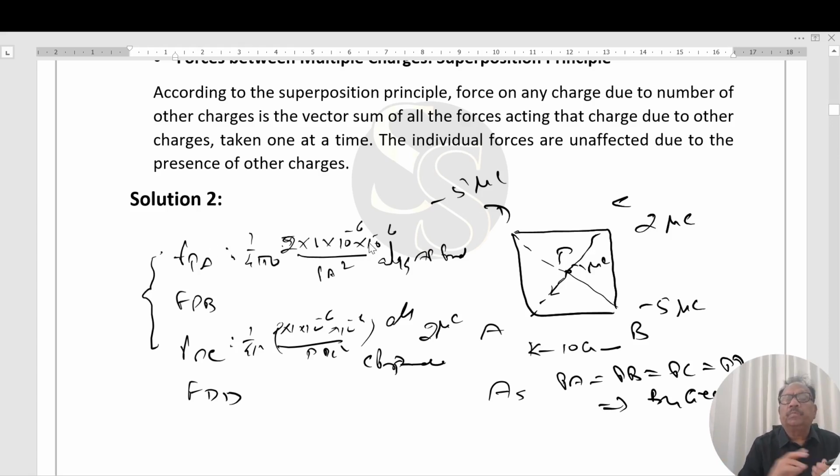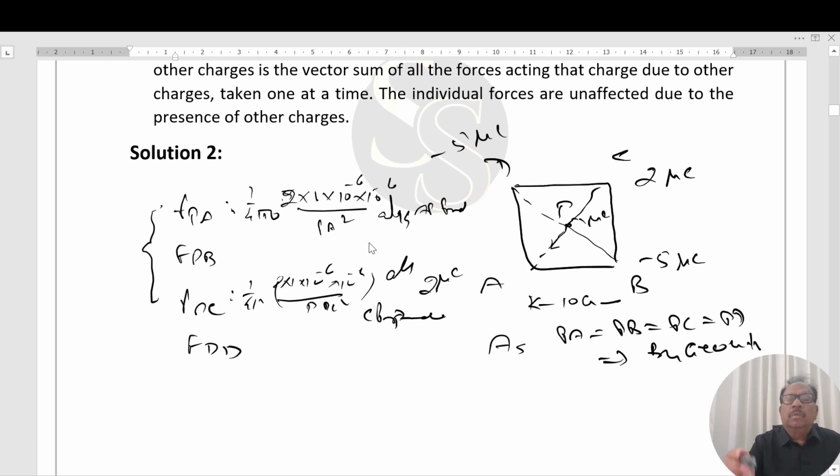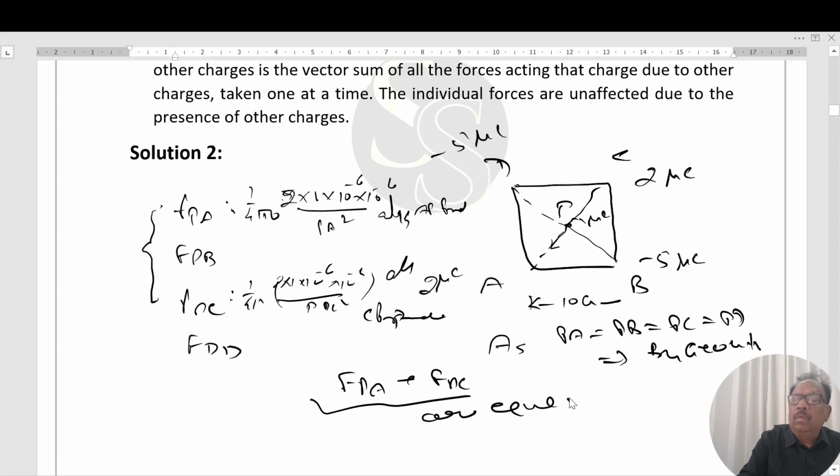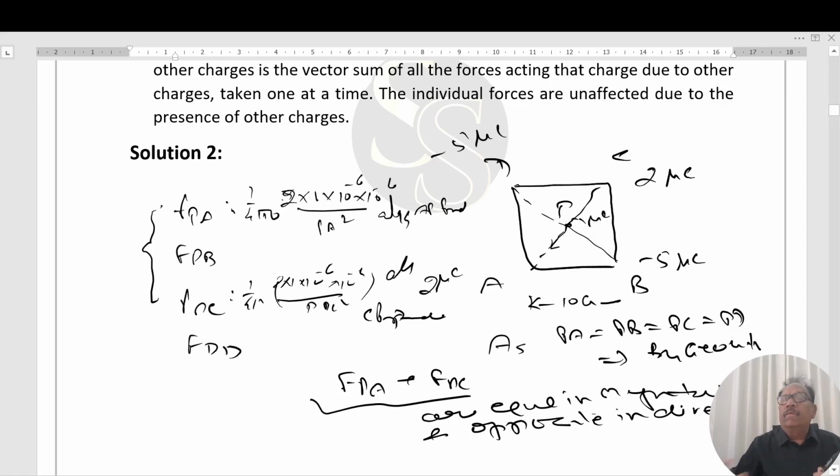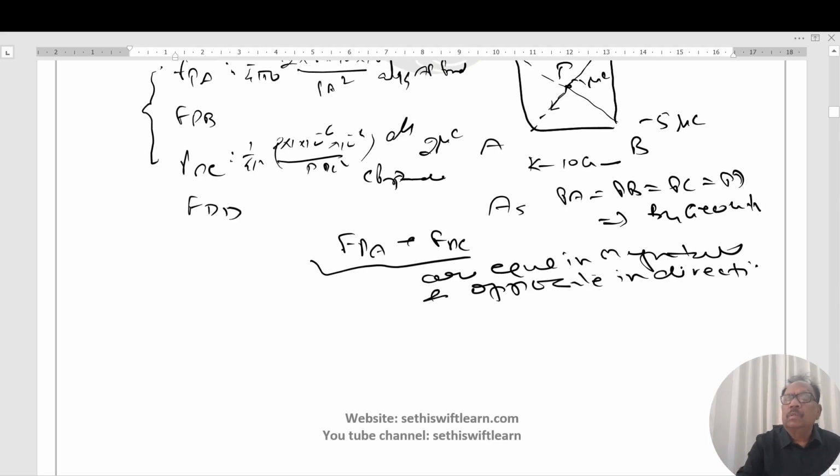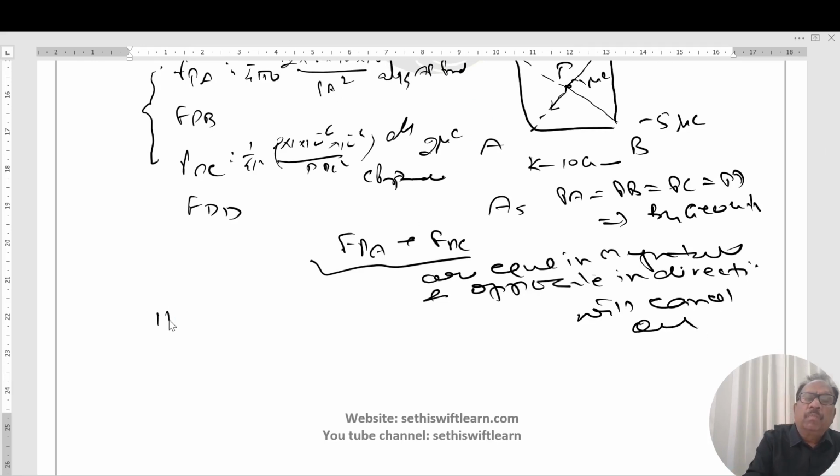Therefore, FPA and FPC are equal in magnitude and opposite in direction. Therefore, they will cancel out. And similarly,